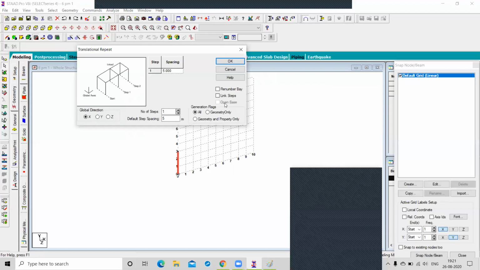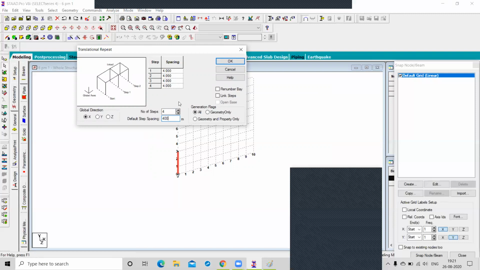Give the number of steps, in how many steps you are going to copy that. And this is your default spacing, if you are having equal spacing.